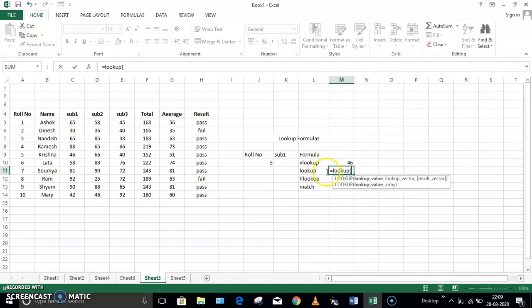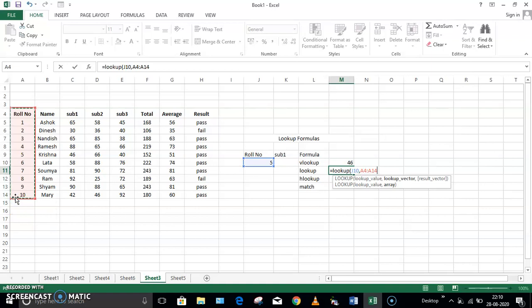So I'll take this roll number, comma, the lookup vector. Lookup vector is nothing but where we can find the value which we want to search. As we are searching for the roll number, which can be found in the first column, I'm going to select the entire roll number column.